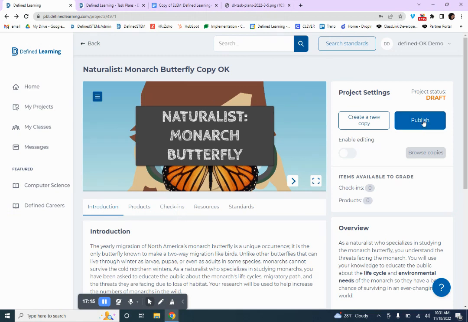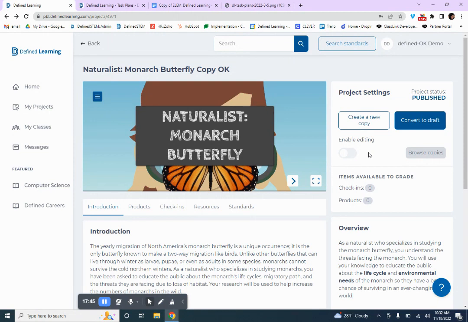And the last piece that you'll need to follow up on is publishing this. You can see right now it is in draft format, but if you think this is the copy that you're ready to use with your students, then go ahead and click publish, and this is the version that they will view. The hard copy is always on the site to return to, so even if you wanted to make two versions of this, you can go ahead and make as many as you like. I know sometimes teachers like to differentiate, so please feel free to use this more than once